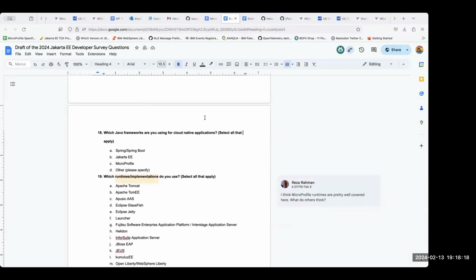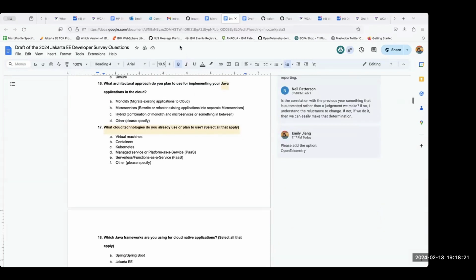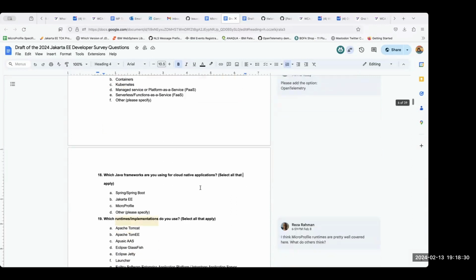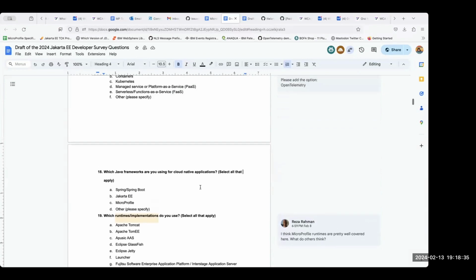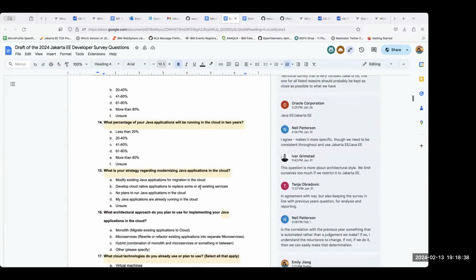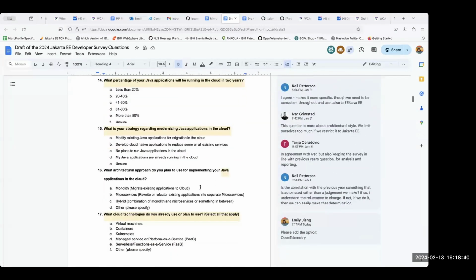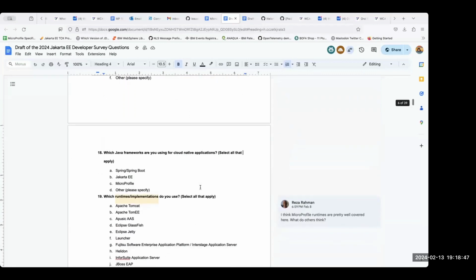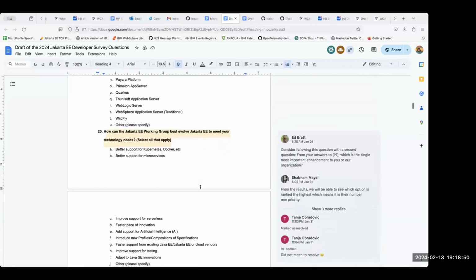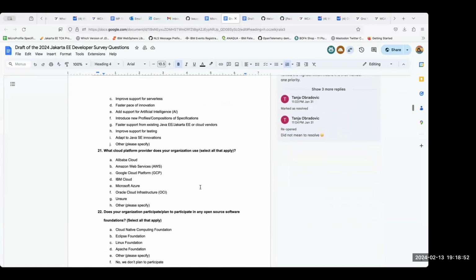I added the 17 here. I just say please add one more option for OpenTelemetry, right? Yeah, okay, good. Thanks. Interesting. I cannot see the comments too. Really? That's strange. Okay, we will give feedback to the marketing folks. We need to make sure people can comment.